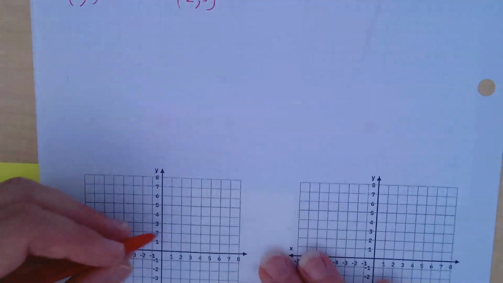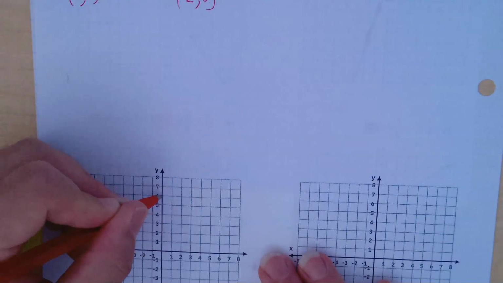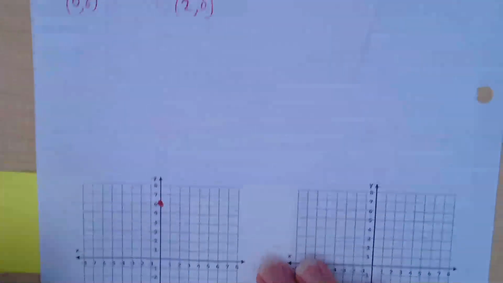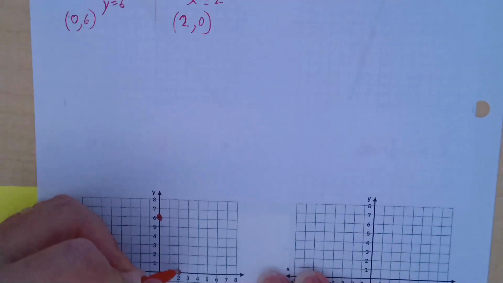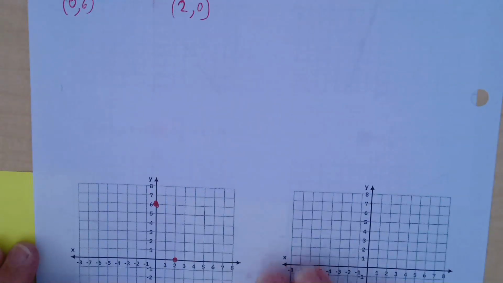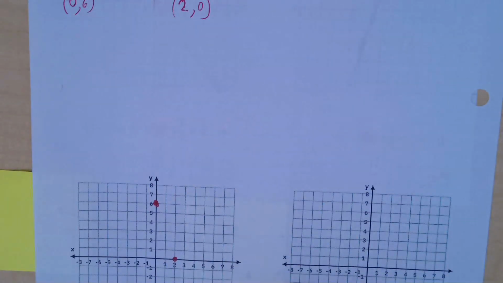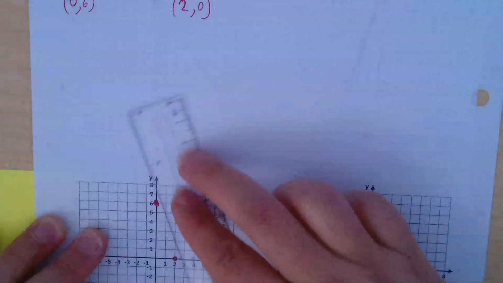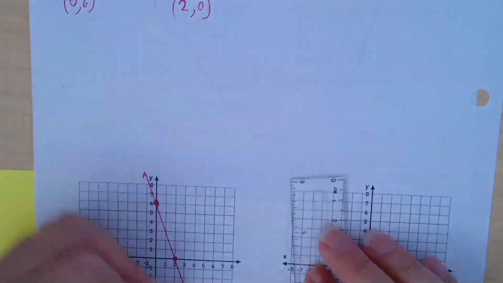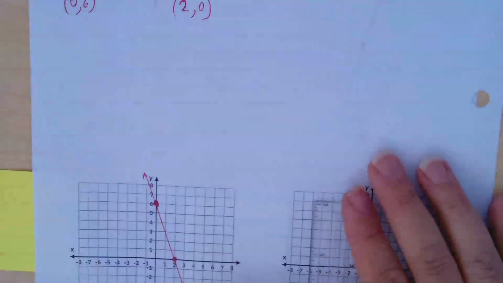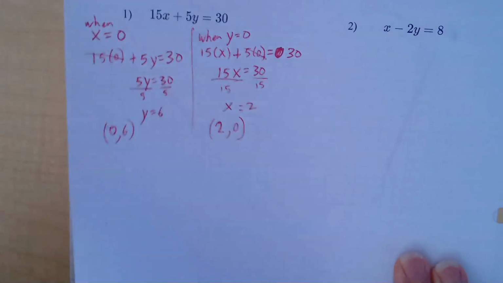So 0, 6 is right here, and 2, 0 is right here. Okay, and I can draw that line. Now, let's use method 2, and we're going to get the same thing. So, if I'm using method 2,